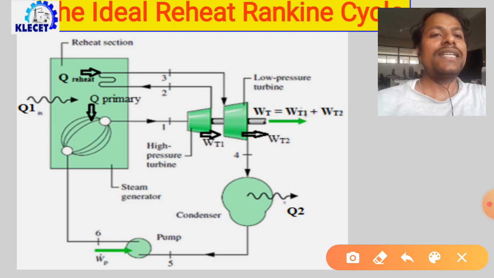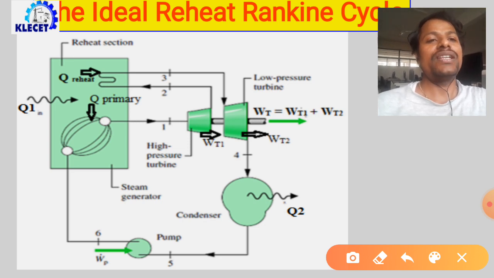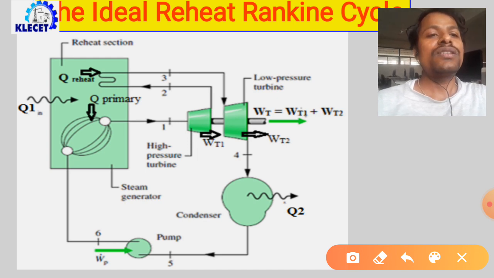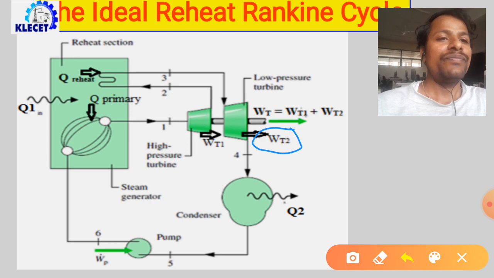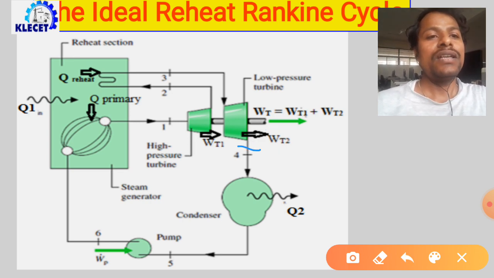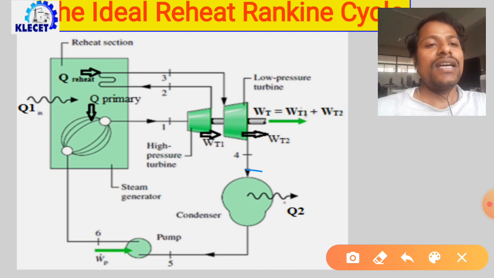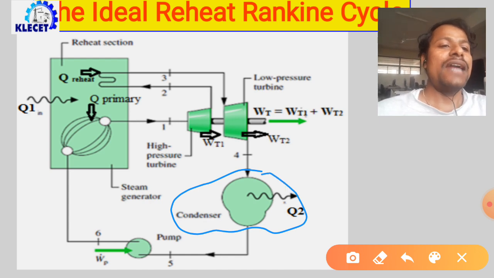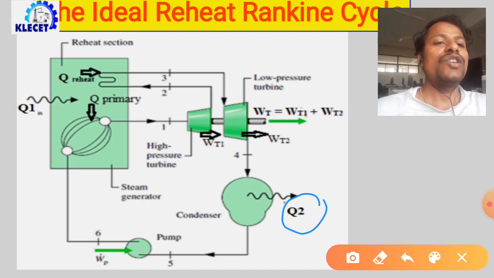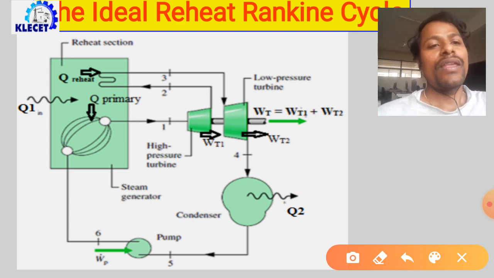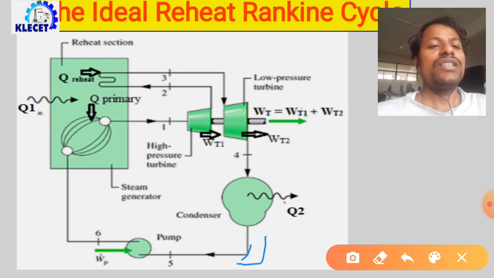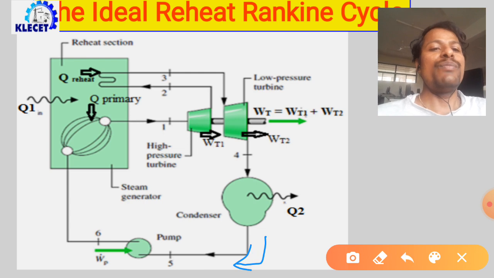So, the reheated steam at state 3 enters low pressure turbine stages, undergoes expansion, imparts its enthalpy to the turbine plates. So, then produces WT2 amount of work, mechanical work, and comes out at state 4. So, then the steam enters the next device called as condenser at state 4, wherein it rejects Q2 amount of heat energy into atmosphere. So, then after rejection it gets condensed, then the condensate starts moving towards the pump.